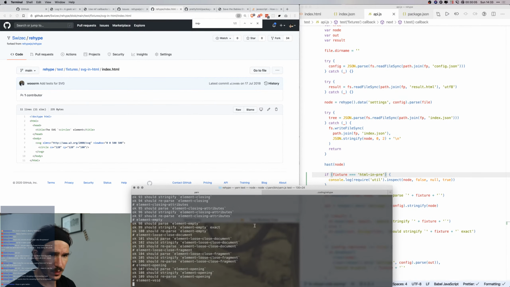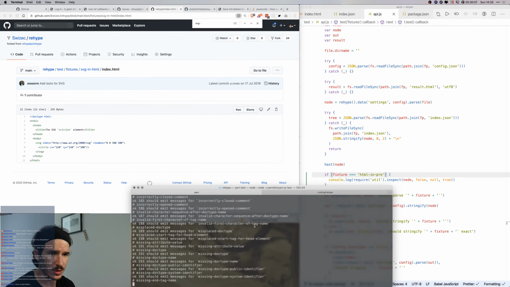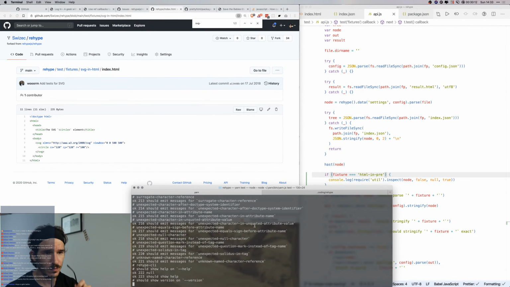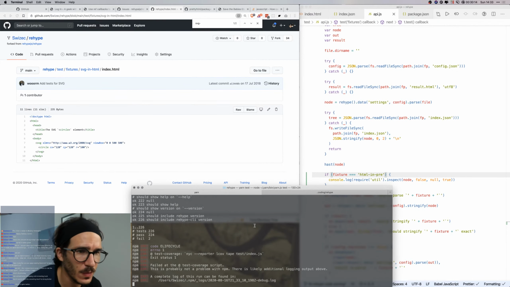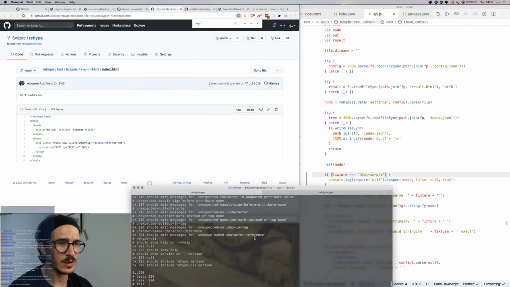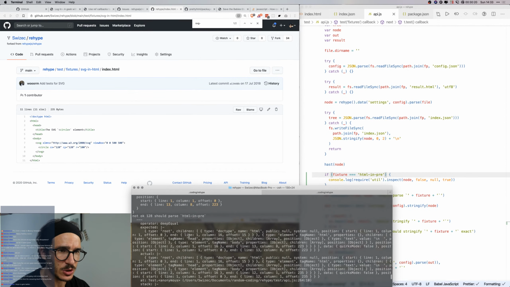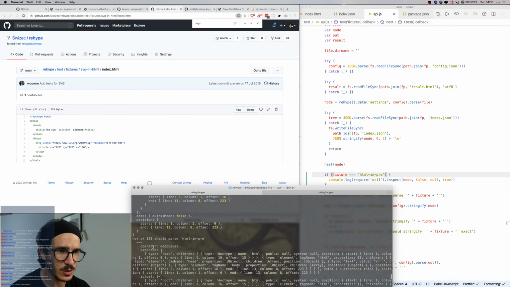There we go. So these are now the fixtures. That was our failing test case, I think. Yep. Alright, so now let's see what the parser saw for our example HTML. So this is what the parser was seeing.